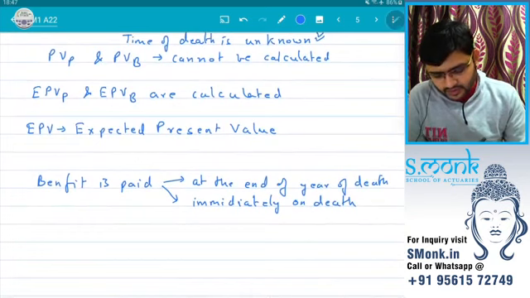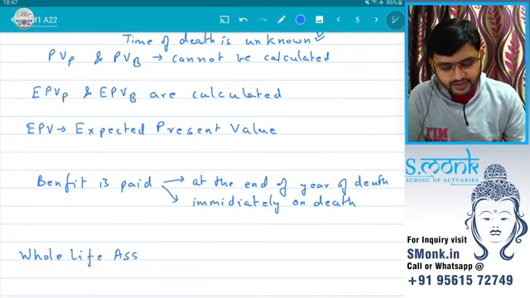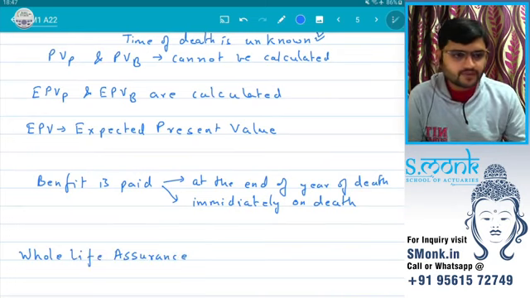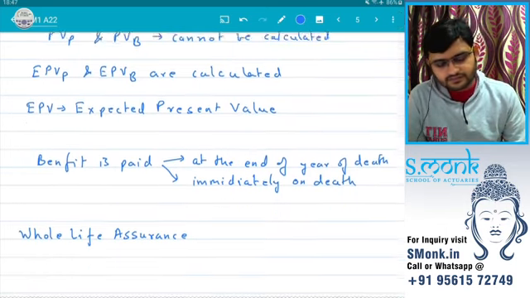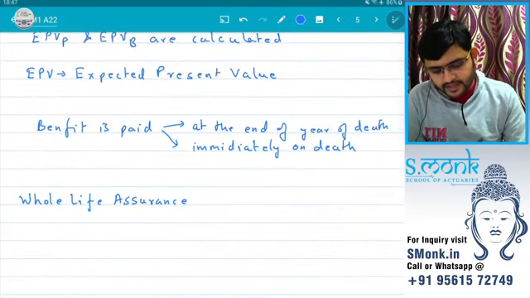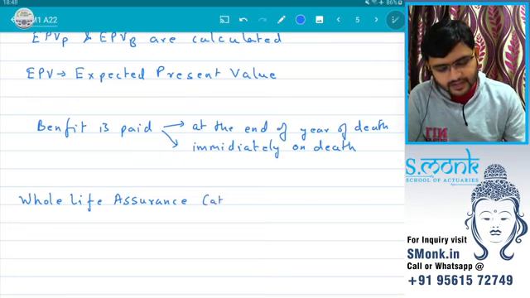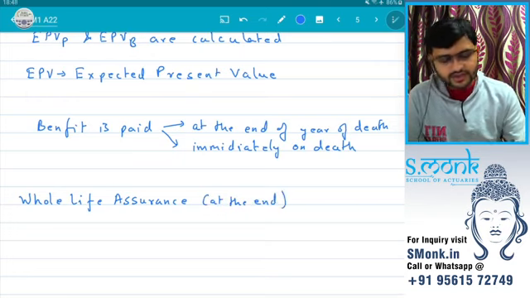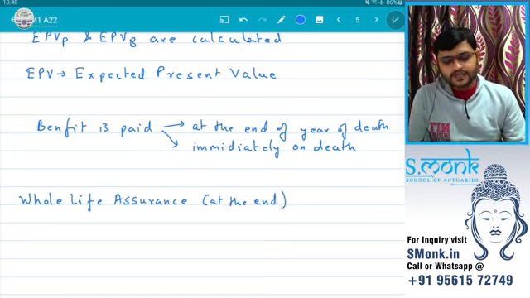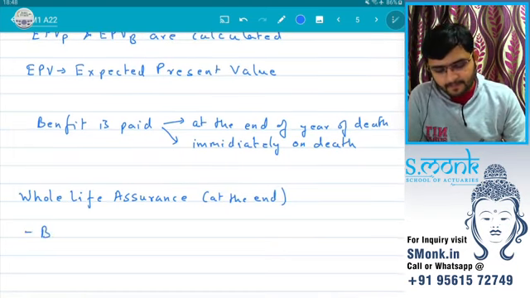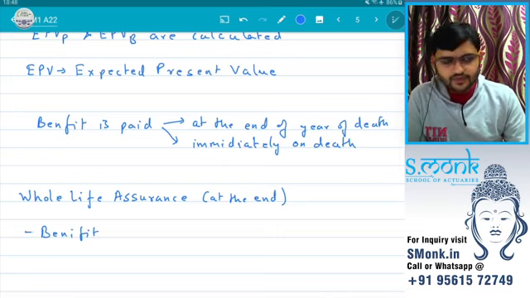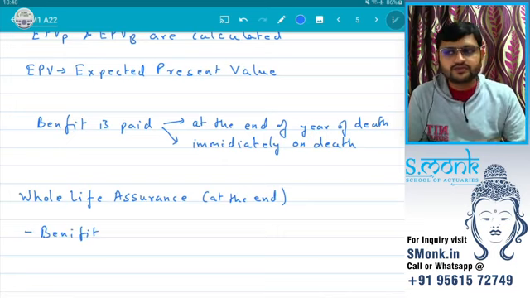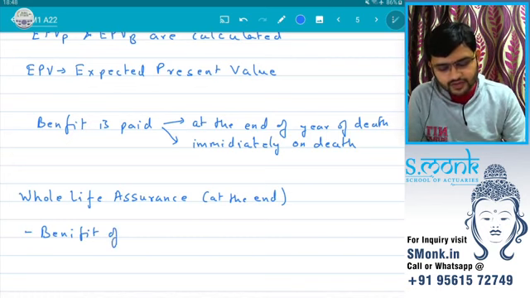So let's talk about whole life assurance. First, we will take the benefit paid at the end of the year of death. For calculation purposes, we are taking 1 unit, so rupees 1 or whatever you want to write. A benefit of rupees 1